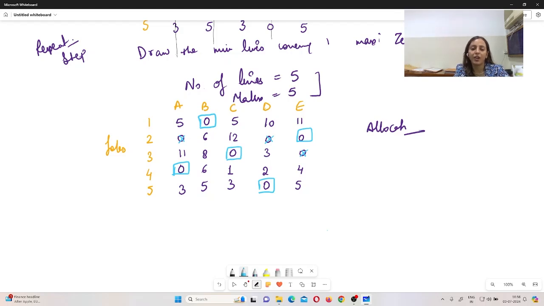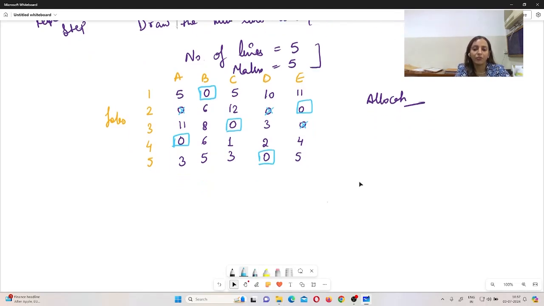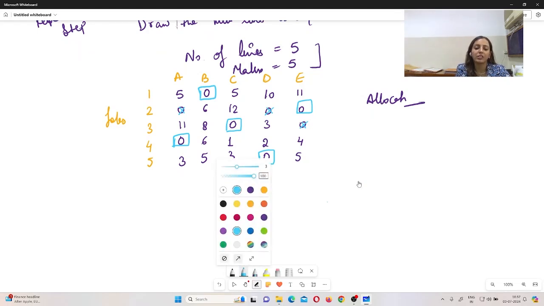Now you can check it. We have given how many allocations? We have given five allocations and we have the five jobs. That means the correct work is going on. So now you are on the final step, and in the final step, what you have to do? You give the allocation and find out the cost. So final allocation,